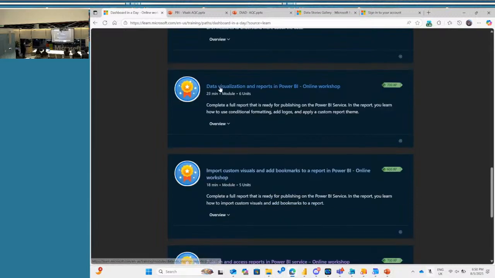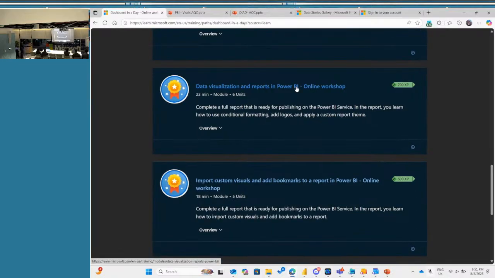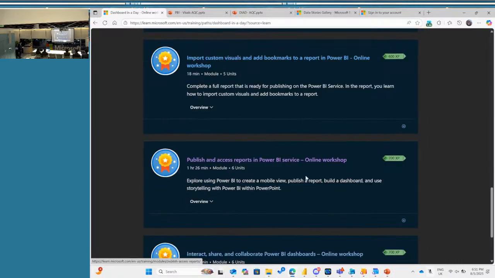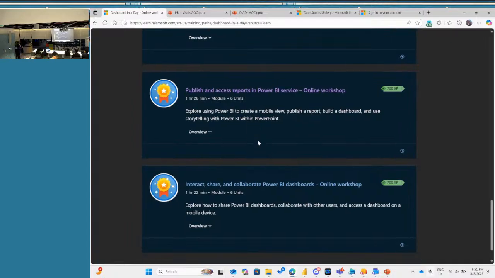And now we're going to do these 2, which are data visualizations in Power BI and reports in Power BI. We're also going to talk about custom visuals and bookmarks. And if we do get the time, I'll show you how you can publish the report, but you won't be able to implement this unless you have a license to do so. And then it would be really cool for me to also show you some Copilot features in Power BI that could help you.